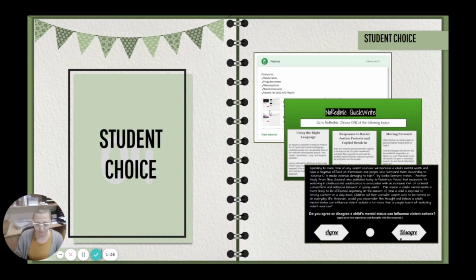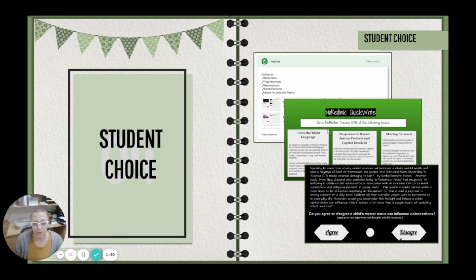Especially if you have a couple students that always finish early, have them create some playlists that they can go towards, either a YouTube playlist, or you can even add other things in there like coding exercises, as part of that free time play or free time exploration. The next one